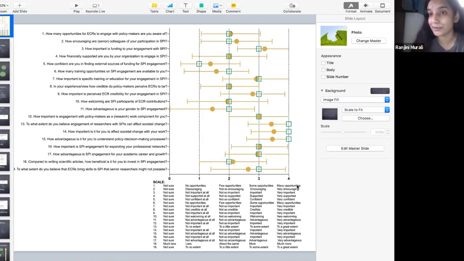So then the response to that was many opportunities. So it's still a scale of 1 to 5. It's many opportunities, some opportunities, few opportunities, no opportunities, and not sure. So not sure was the middle response. But if you notice, it's the same response we're going to get as if we had phrased it, I am aware of many opportunities. Meaning it's the same question we're asking. But through this method, we hope that people are more likely to answer without just agreeing. They'll be like, I'm aware of many opportunities, just saying yes or no. But here, if you're asked how many opportunities are you aware of, you kind of have to stop and ask that question and respond accordingly, right?